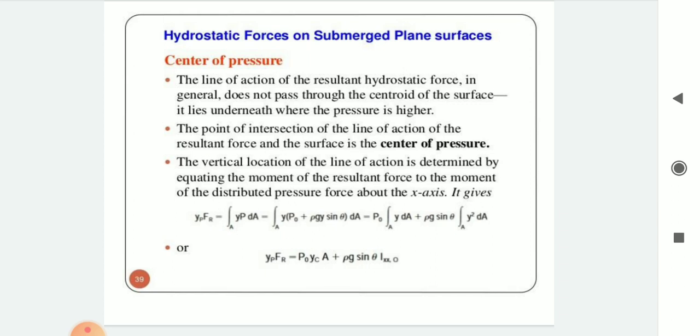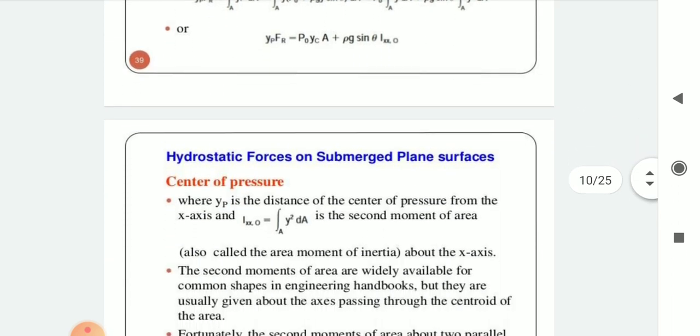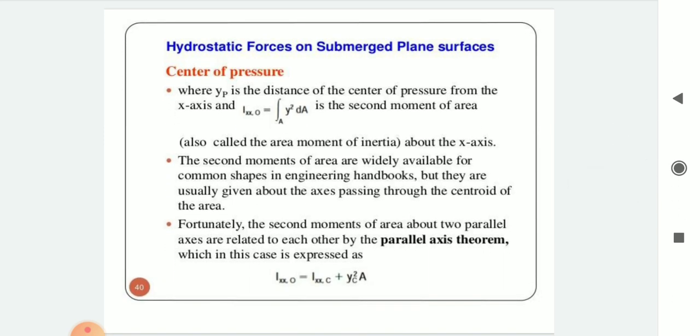It gives that yp Fr equal to integration over A of y p dA, equal to integration over A of y (p0 + rho g y sin theta) dA, equal to P0 integration y dA plus rho g sin theta integration y square dA, or yp Fr equal to P0 yc A plus rho g sin theta Ixx0, where yp is the distance of the center of pressure from the x-axis and Ixx0 equal to